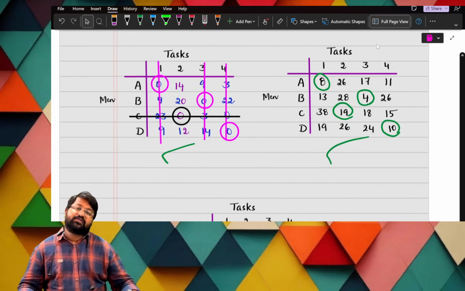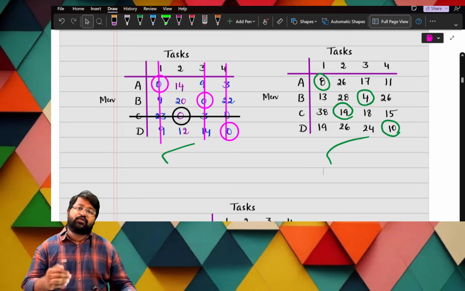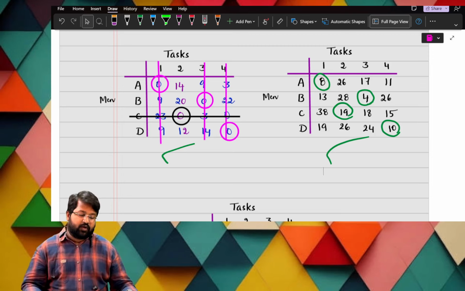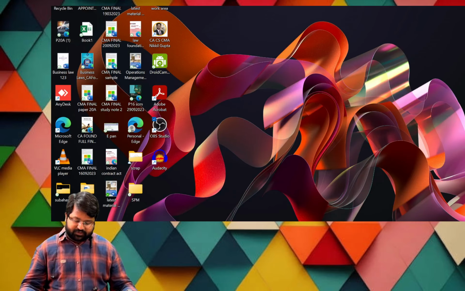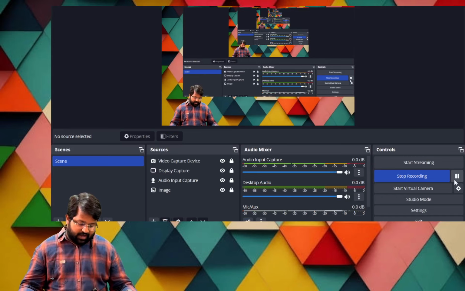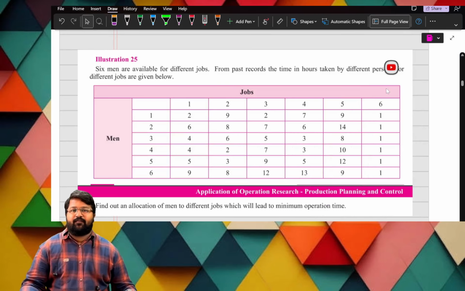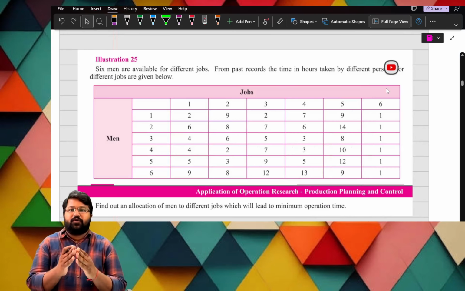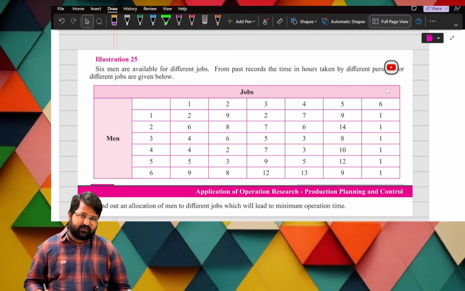Now let us take a one minute break. Check the example once so that you can get clarity, and then we shall go into the exam questions. The CMA Institute has given some questions for the assignment, and we shall solve those questions. So this is the first question. How do we solve the assignment problem? The first thing, we need to check two main things. What are those?